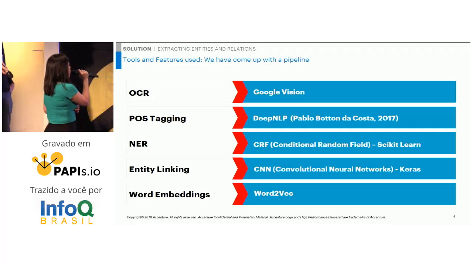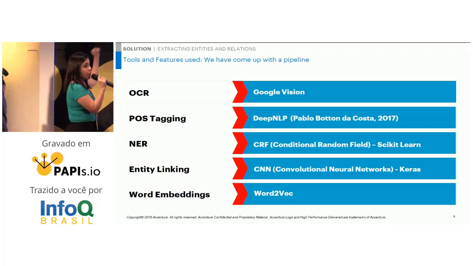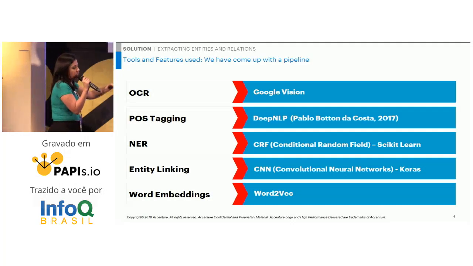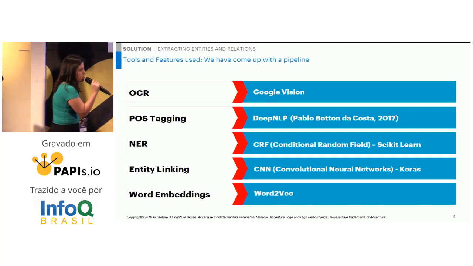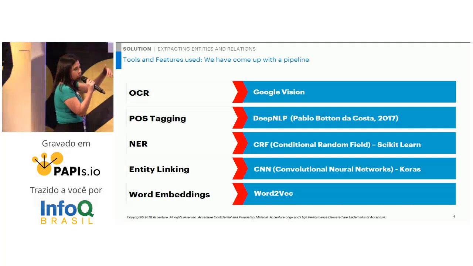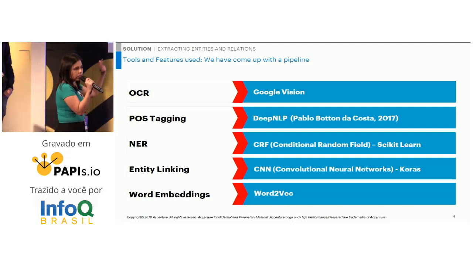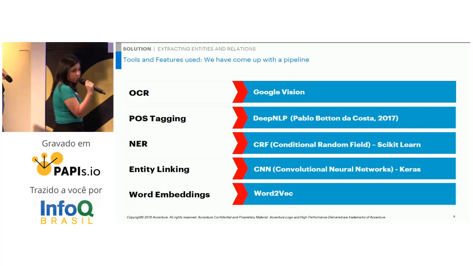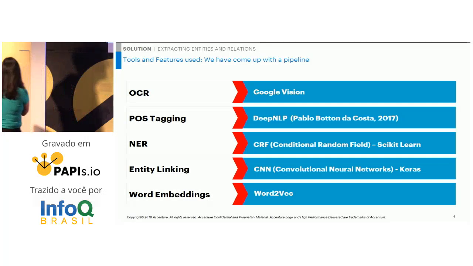So at this point, we have entities and we can relate the entities. We use word embeddings for our CNN sometimes, but not in all cases. But if we have important information that we extracted, and we have to relate it to a given list of sentences or something like that, we use word embeddings to relate them semantically. Word embeddings are very, very good for this case, as Pablo stated.